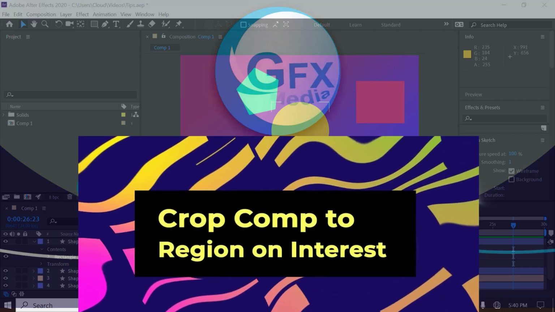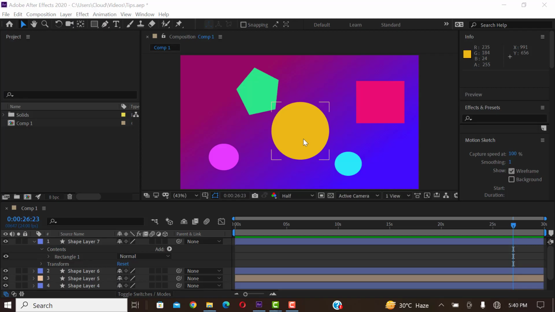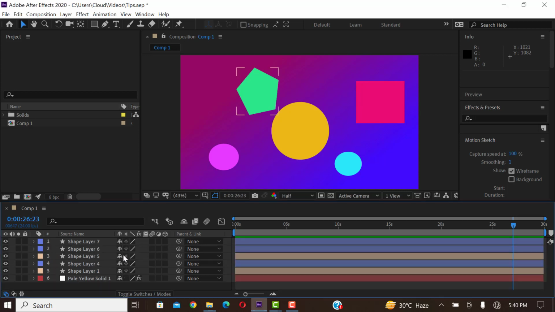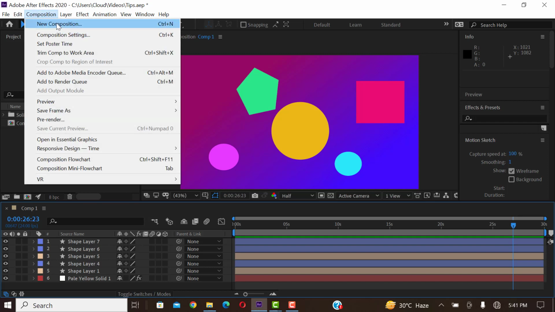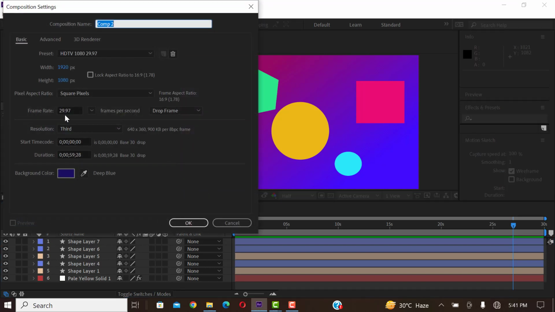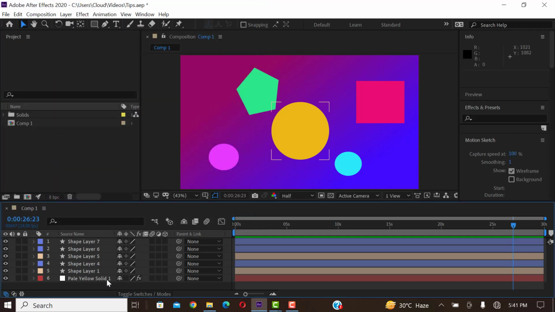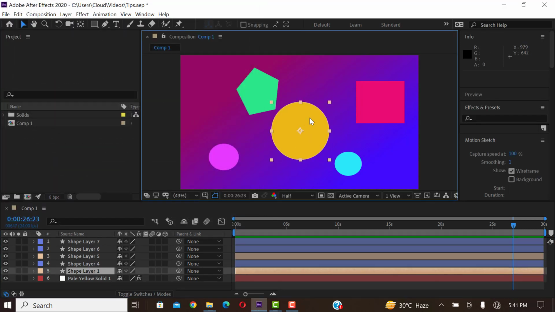Tip number 8, crop comp to region of interest. This is an interesting one. Normally what we do when we try to set up a composition is to come here and press new comp, then decide what the width and height will be. Well, what if you didn't do so and you now make a composition? I need to cancel this to explain this properly. Assuming I want to